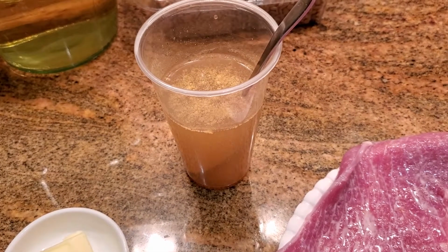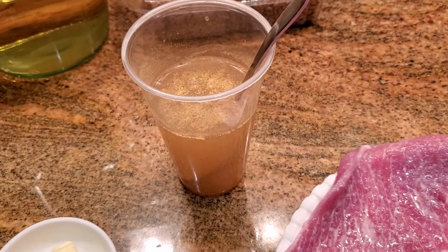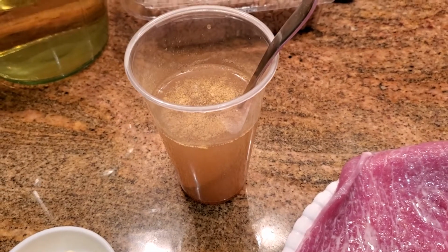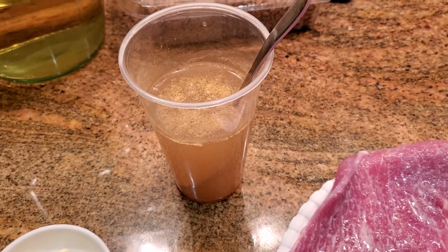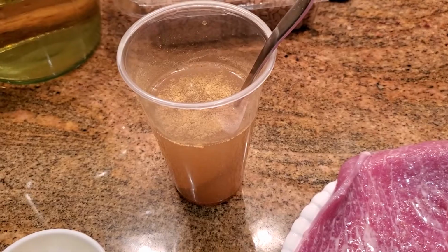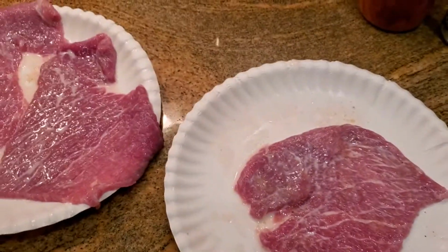I like to use half chicken stock, half wine, but I don't have any chicken stock today, so I'm putting a little, you can see that powder in there, a little bit of chicken bouillon in there. You could put a little beef bouillon in too. So we're gonna